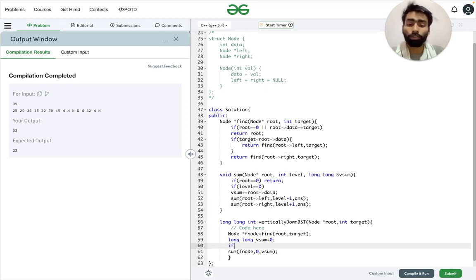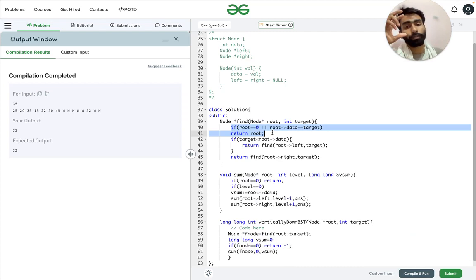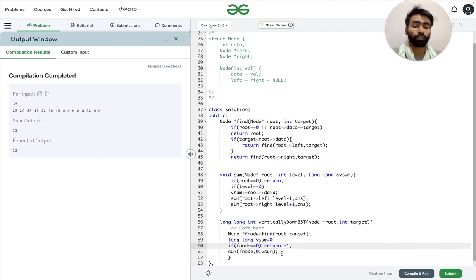completing this function, we need to check if the node value is 0. In that case, we need to return -1. This line handles the case where the tree is empty or the target is not found in the tree. Because here we have added 0, if the root node is equal to 0 we are returning the root, so to prevent that case, we are returning -1.